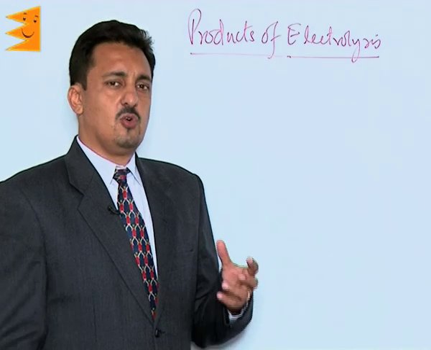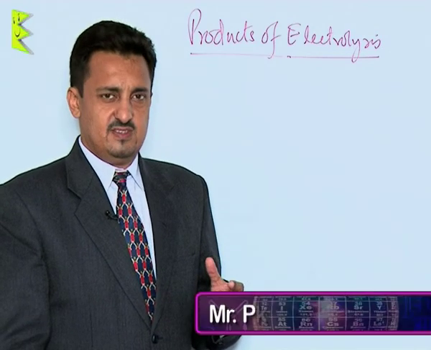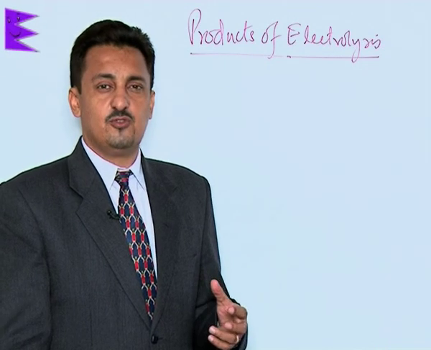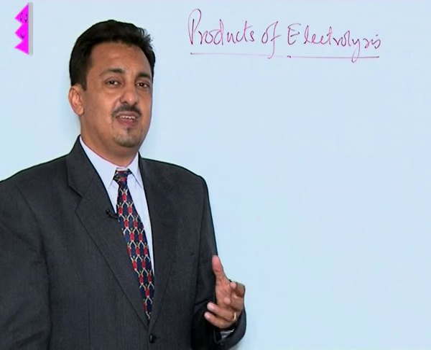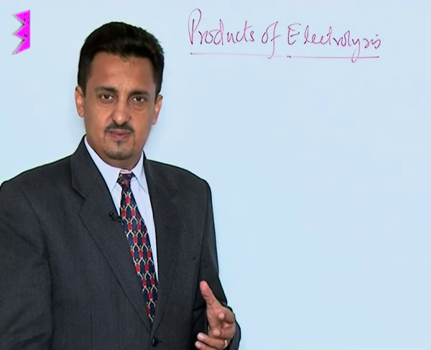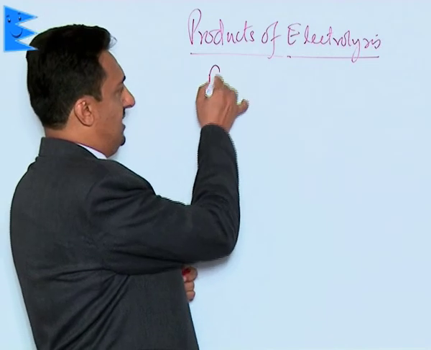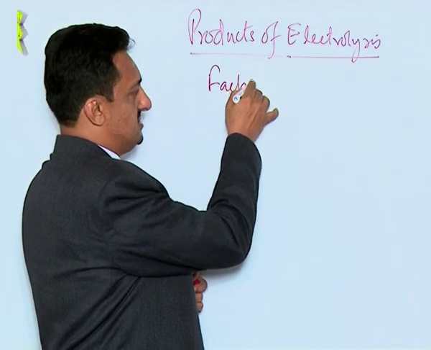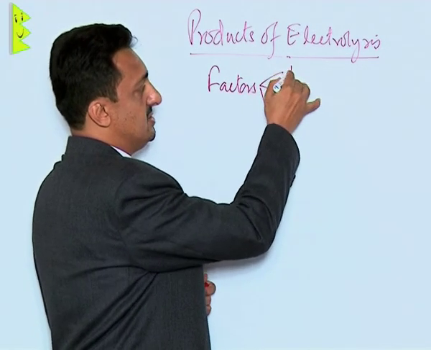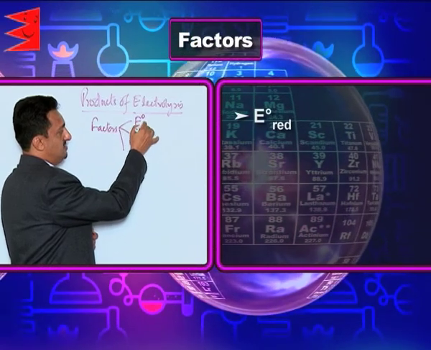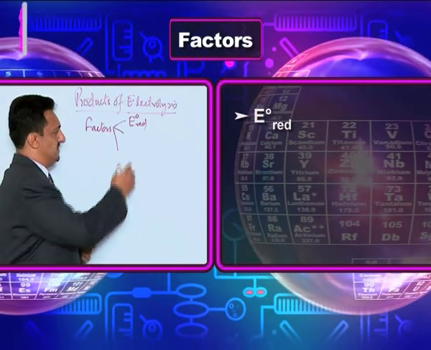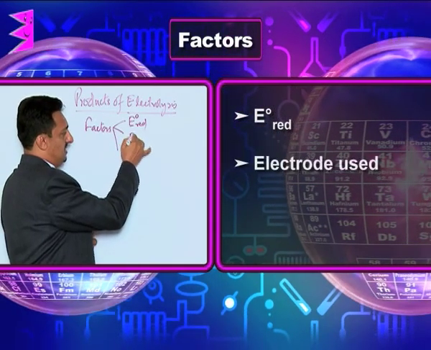Now, after studying the qualitative and the quantitative aspects of the electrolysis, let us study how we can predict the products of electrolysis. When we are doing the electrolysis of electrolytes in the fused or molten state, we can easily predict what products we will get at the cathode and the anode. The products obtained at the respective electrodes depend on certain factors. These factors include the standard E0 reduction values of the different species which are undergoing oxidation and reduction at the respective electrodes. Second factor is the